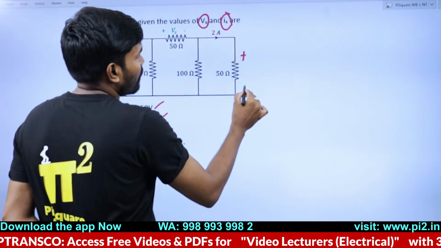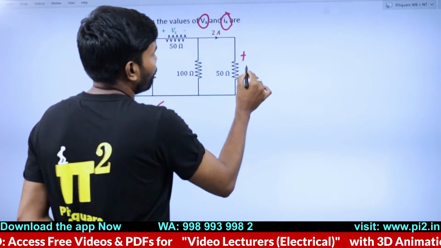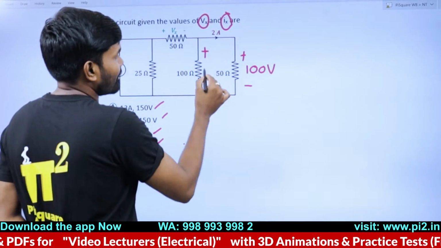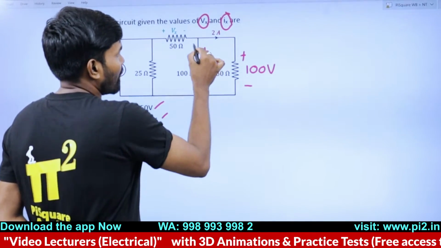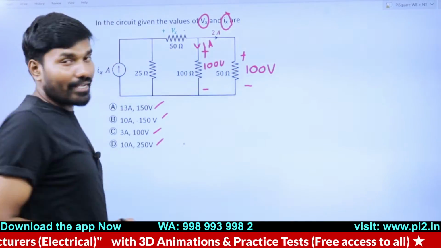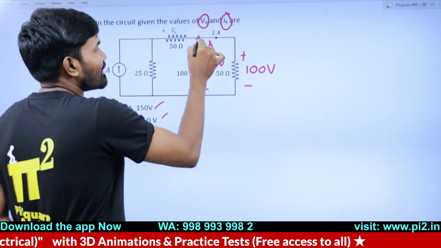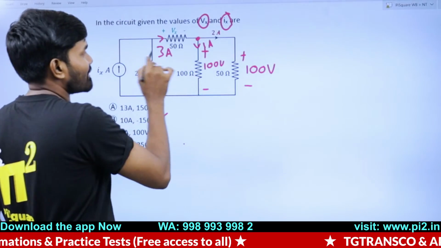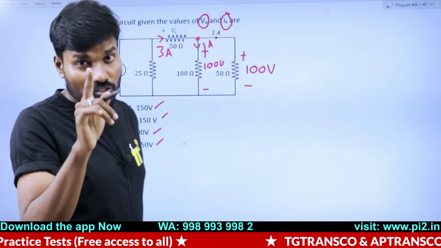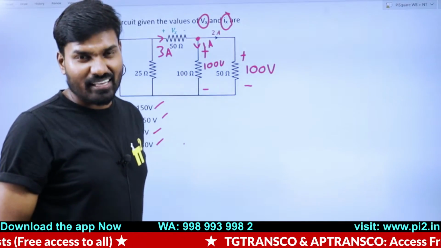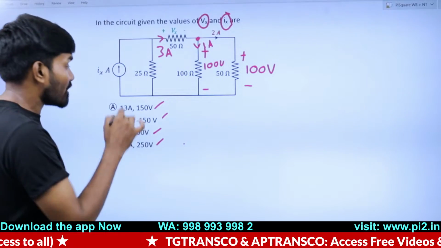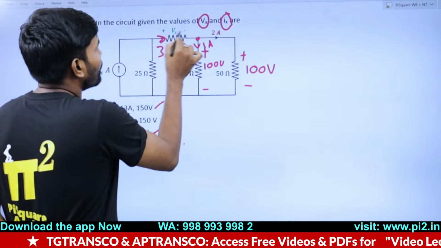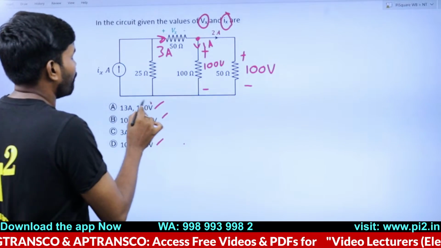If you see this, 2 ampere. So the voltage across this is, according to Ohm's law, 2 ampere into 50 ohm, which is 100 volts. So the voltage across this and this, both are 100 volts. So the current flowing here is 1 ampere, again Ohm's law. If you apply KCL here, 2 ampere and 1 ampere, this current is 3 ampere in this direction. Direction is extremely important, because in the options there is a minus, so be careful. In this direction the voltage is 3 into 50, 150.